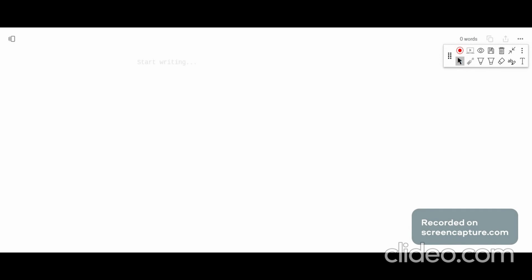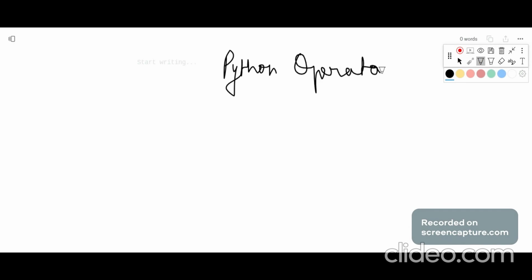Hello guys, today's session we are going to learn about operators. First, let's see how many types of operators Python has. I'm going to make a chart like Python operators. Python basically has, first, arithmetic operators, the second one is comparison,